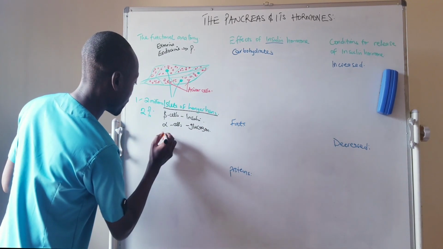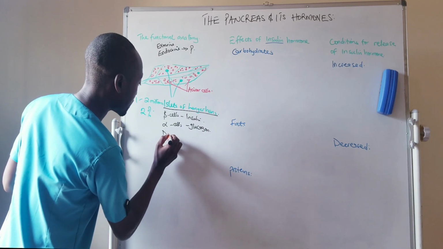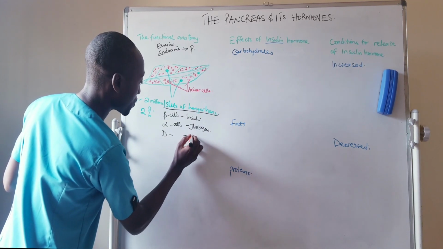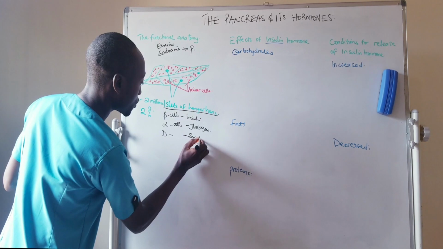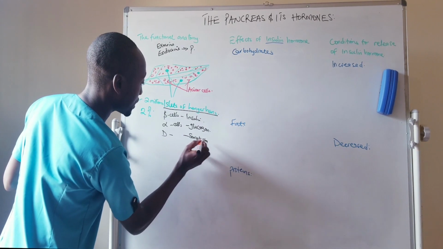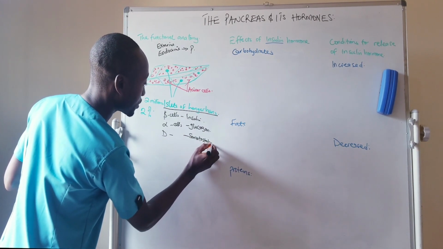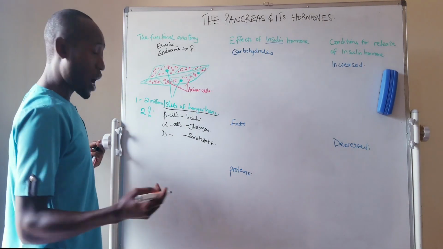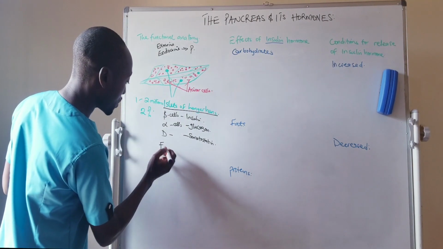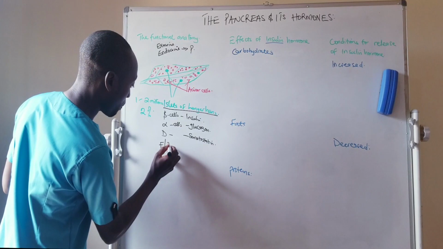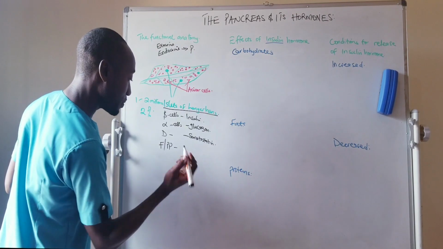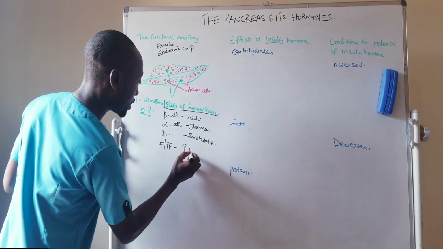Then we have delta cells, and these produce somatostatin, okay? And we also have cells that we call F cells or PP cells, and these basically produce pancreatic